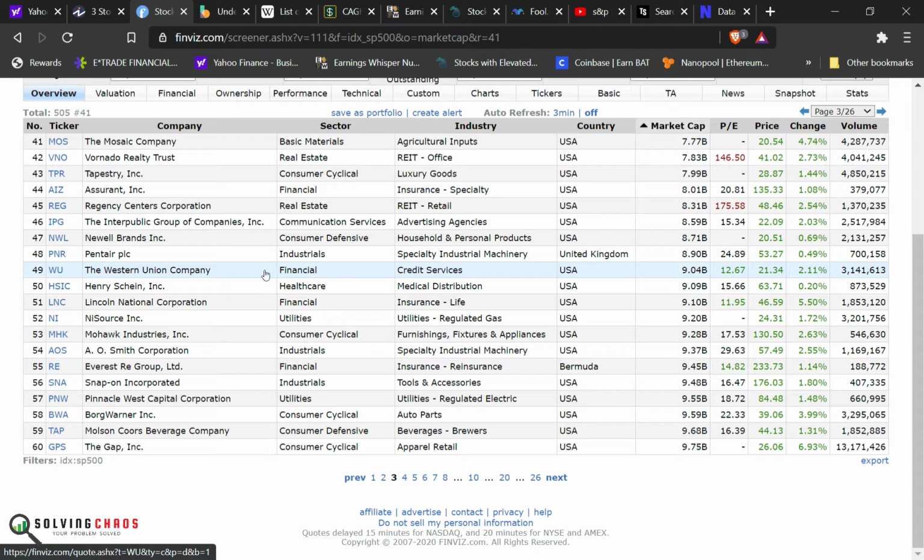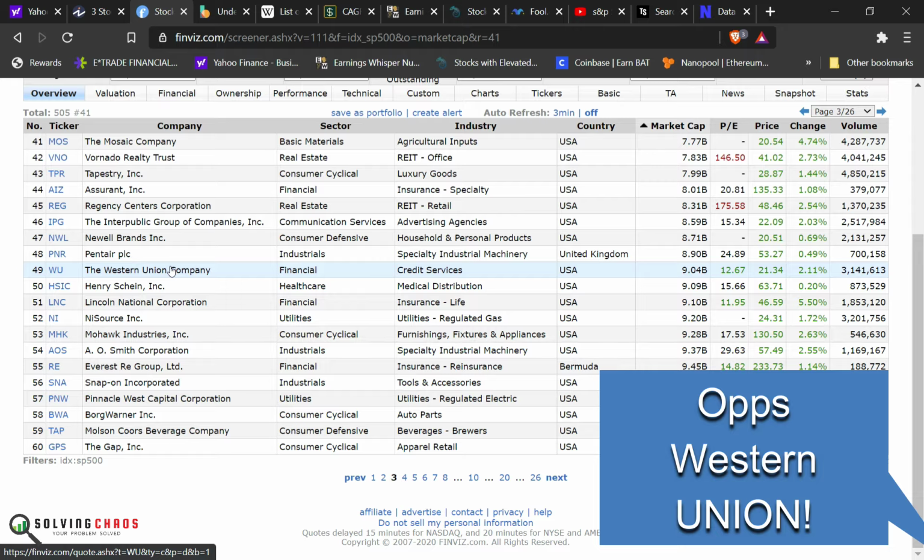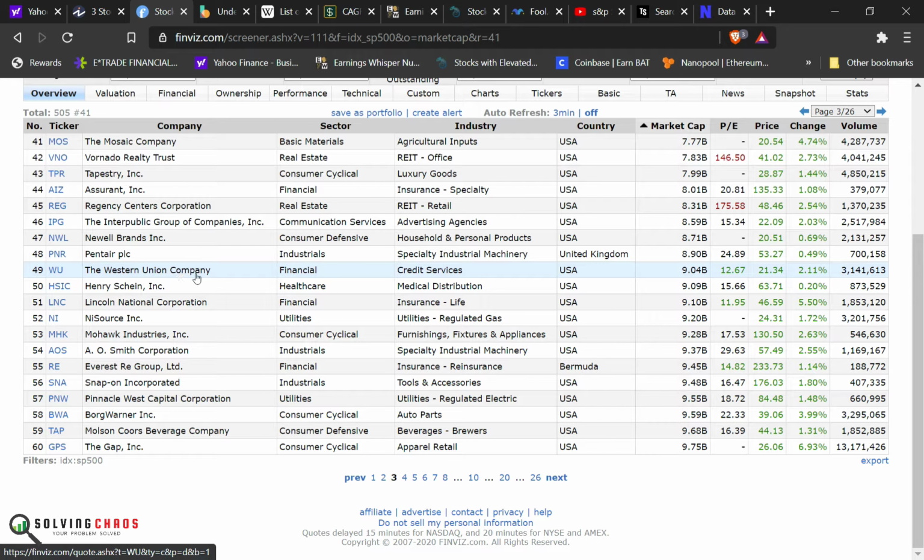Again, you see this, like Western Digital. I would probably remove something like this. I just don't think this is a very good company to put in here. And let's just take a look. The Gap, well, I would leave that. You know, I wouldn't want to remove that. Let's just take another quick look somewhere else.